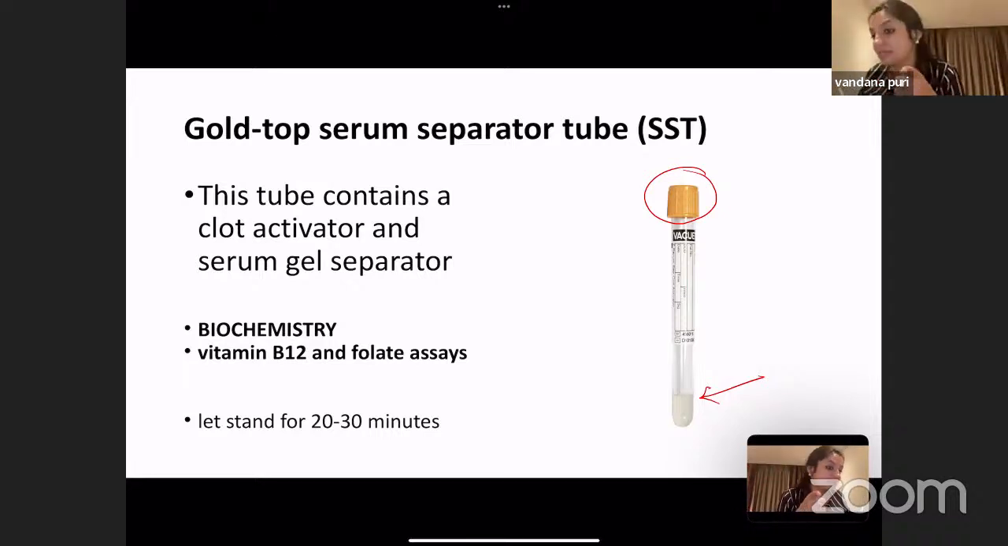This is the serum separator tube. You understand that there is no anticoagulant, it forms serum. So it's a serum separator tube. It has the clot activator and it has the gel separator. Now what happens here, when the blood clots, the red cells come down and the